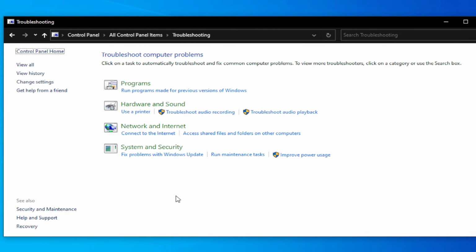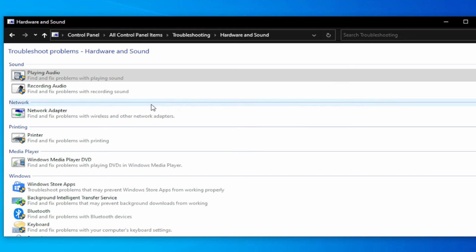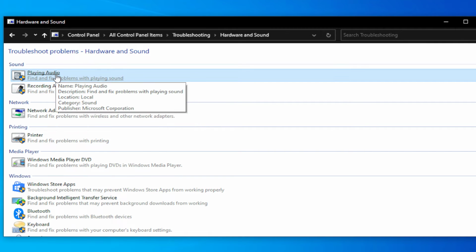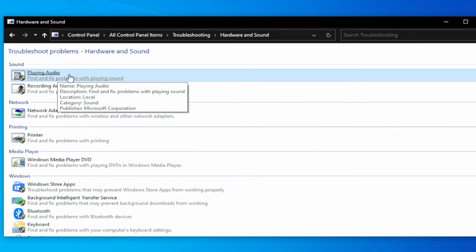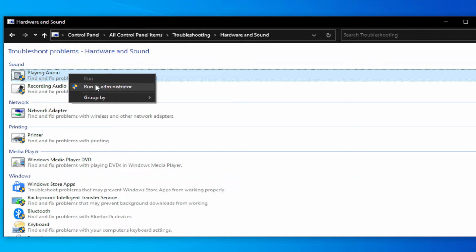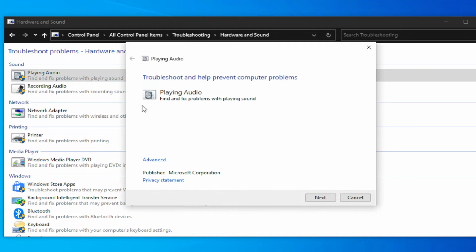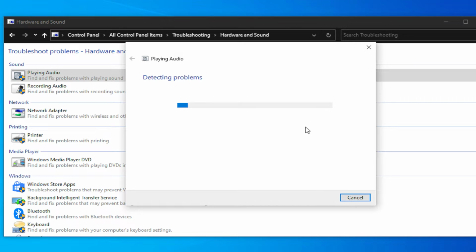Select troubleshooting, one click, and select hardware and sound, one click, and you can try the process in two options. The first is playing audio, right click and select run as administrator. Click on next